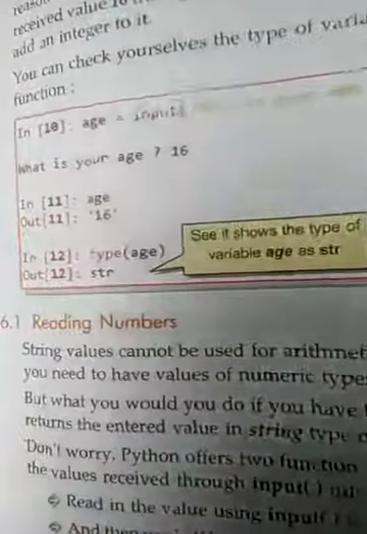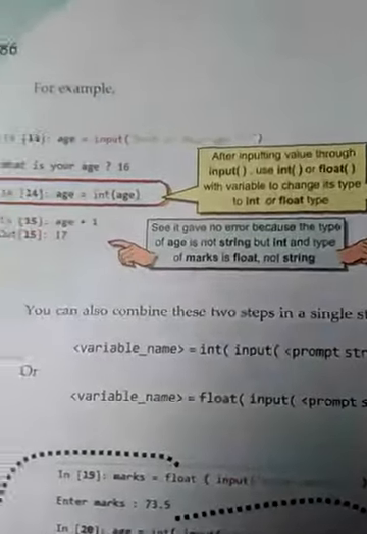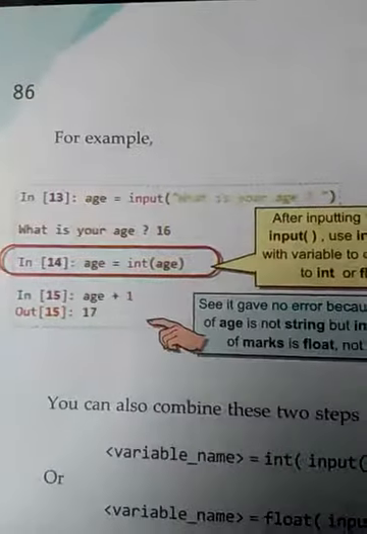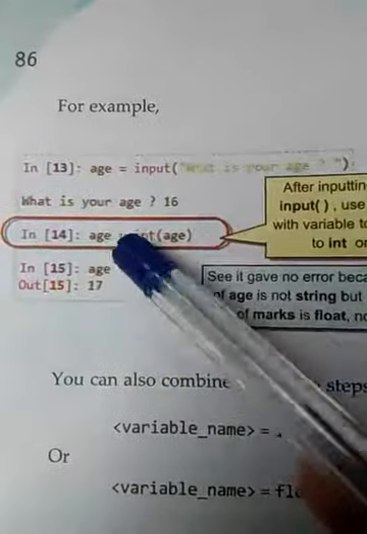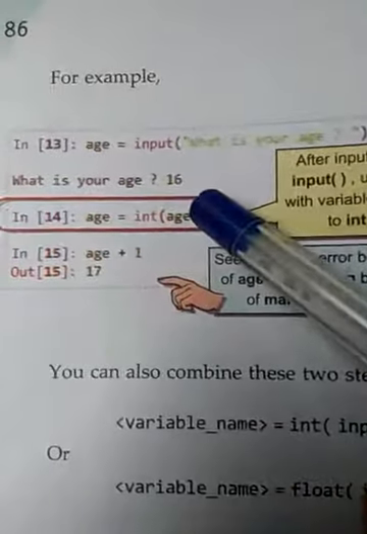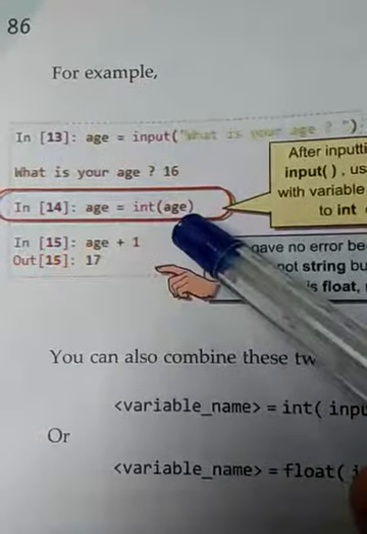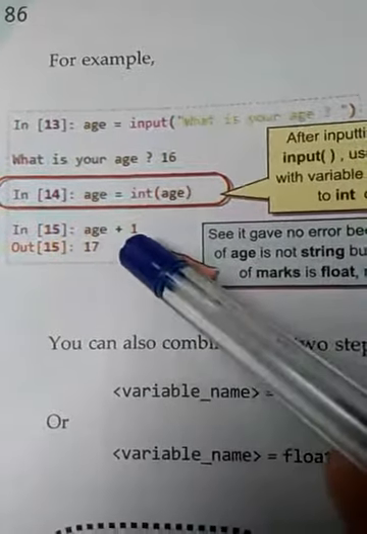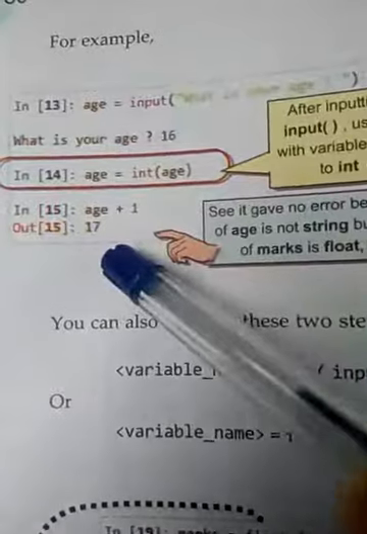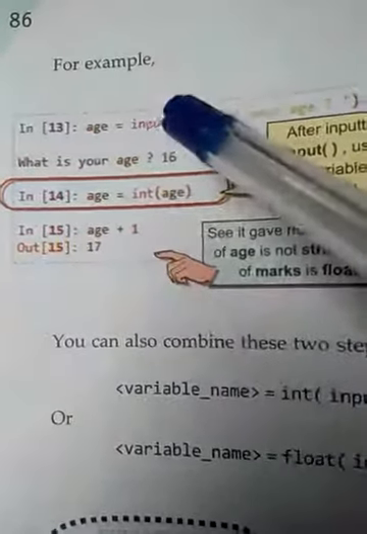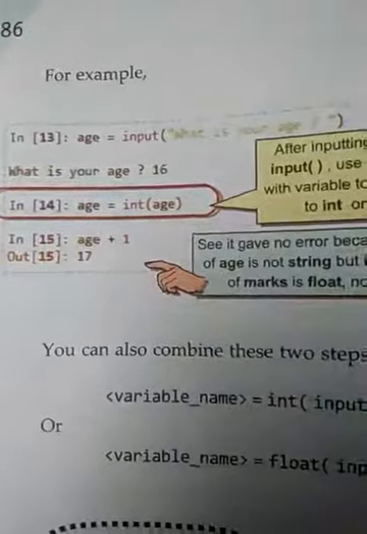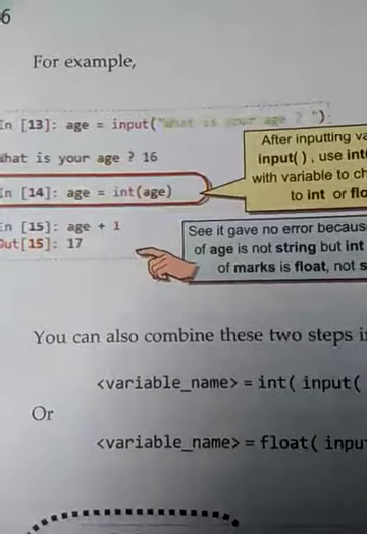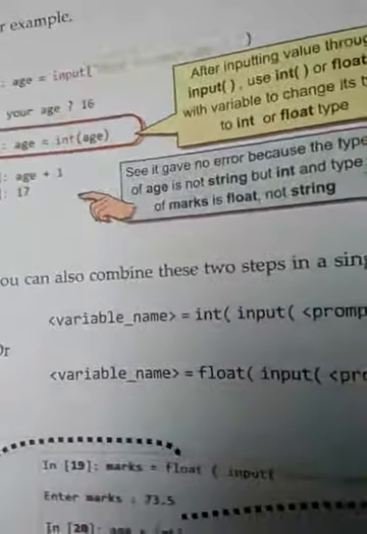Now how can we read numbers? These numbers may be an integer or a float. For that, what is your name, you give the age 16, then you can convert it to integer type, then we will perform the calculation, so this will display 17. So these are the two statements in which the data type of a single variable is converted into integer.